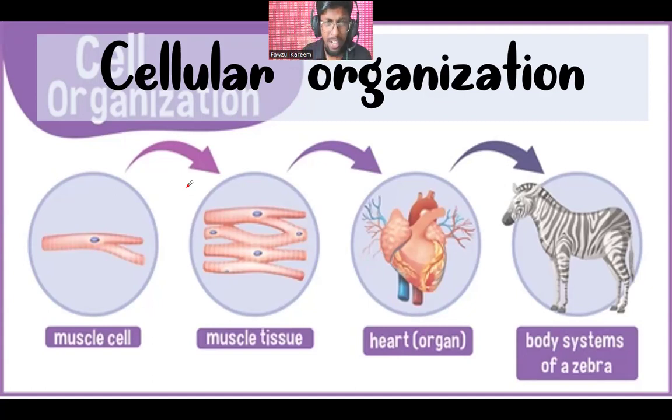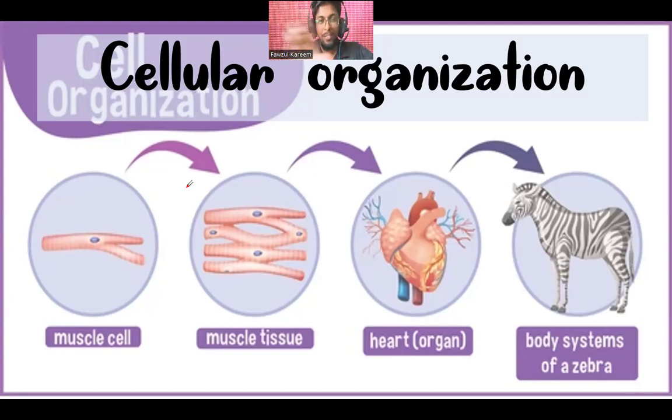Listen. The organism is made up of systems. What are the systems? Our digestive system, reproductive system, respiratory system. All these systems join together and an organism is made. Right. So I take a system, the digestive system. In that digestive system, what are the organs? Mouth, esophagus, liver, anus, intestine, all those are organs. If I take that organ, it is made up of what? Tissues. And those tissues are made up of cells.